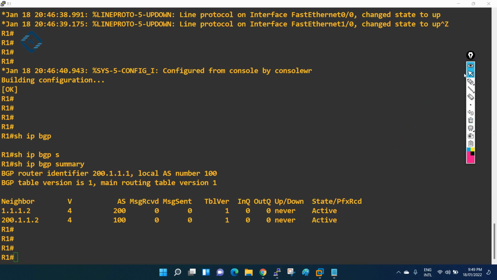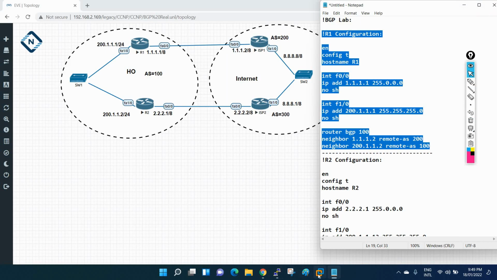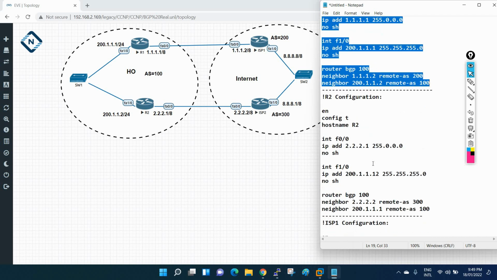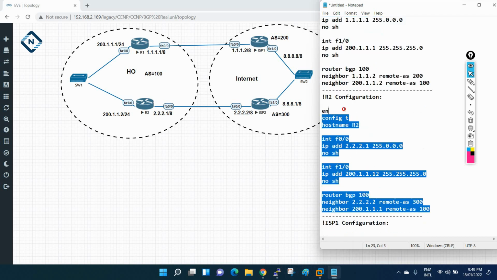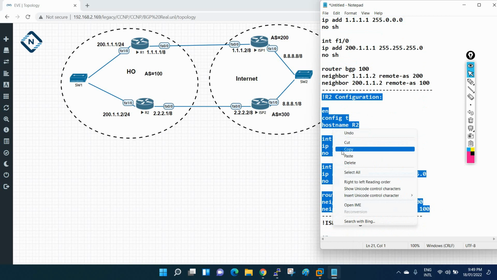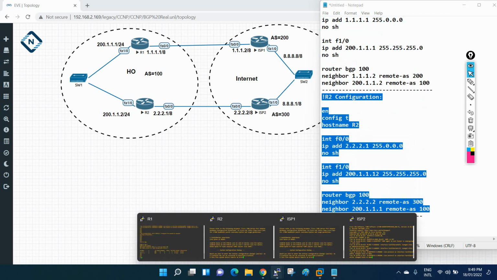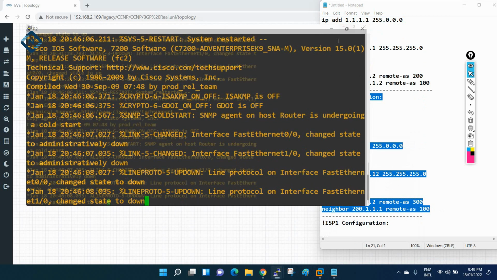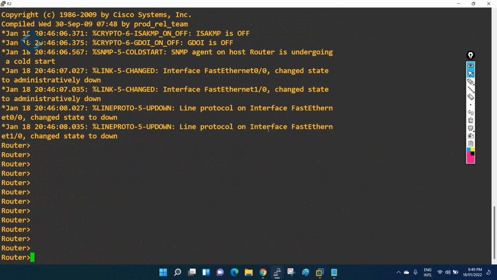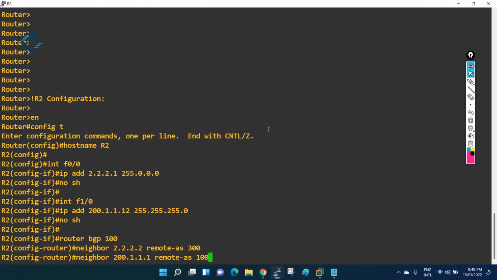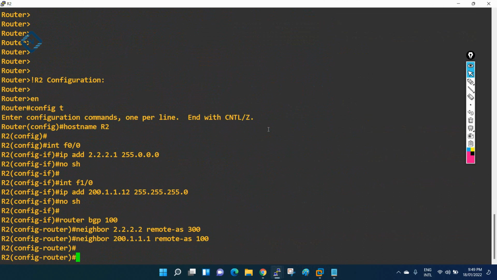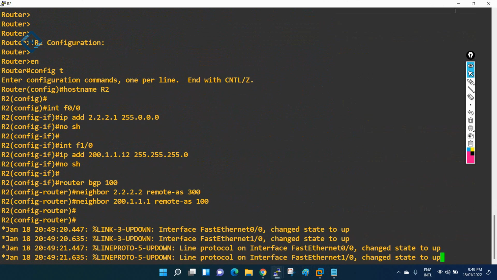So what I will do now, I will copy the R2 configuration, and I will paste this in the R2. Let me go to the R2 here. This is the R2. Let me paste the configuration in the R2 here. Okay, now everything is good. We can check now.